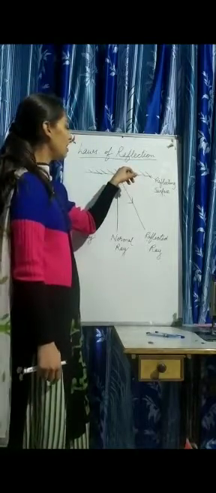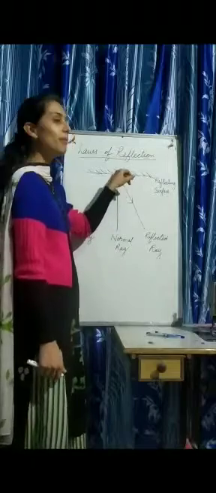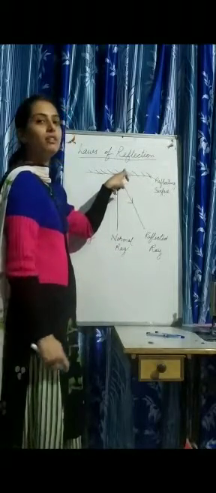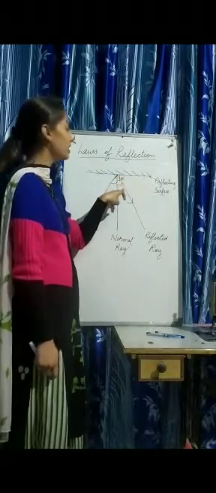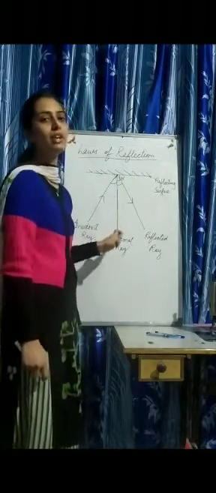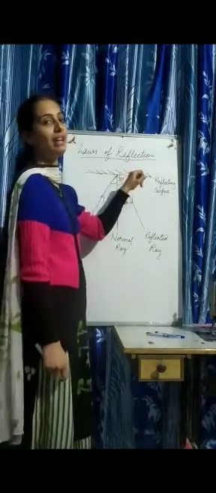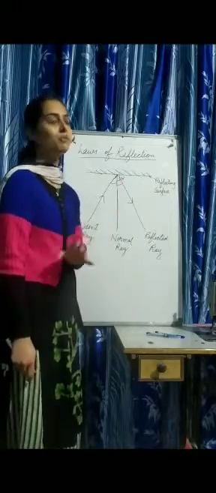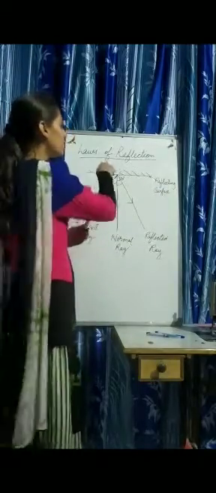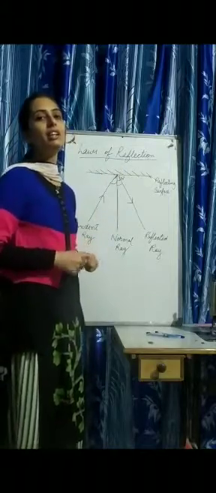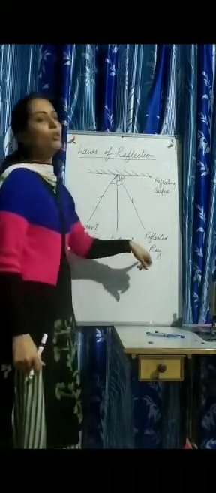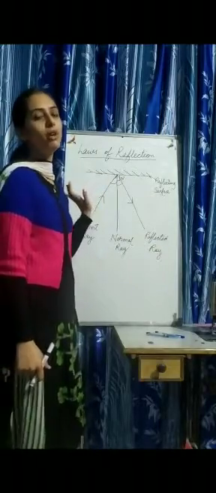At the point where the incident ray and the reflected ray meet, this is known as the normal point, and any ray drawn at an angle of 90 degrees is known as the normal ray. Normal stands for a 90 degree angle with the reflecting surface. This shaded portion is the non-reflecting surface of the object, and the portion that is clear on this side is the reflecting surface of the object. If both surfaces of an object are reflecting, then we can't consider the laws of reflection here. It will cause another phenomenon known as refraction.